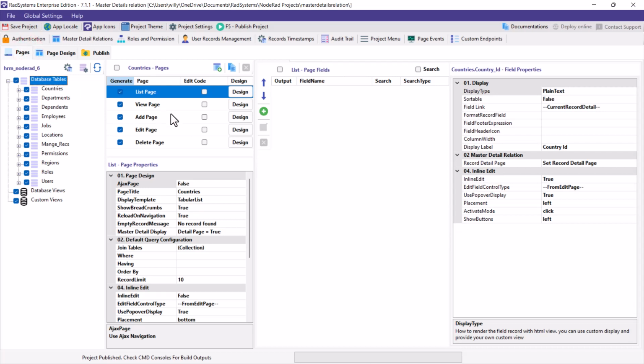Menus we don't need, so it would be easier for you to understand the pages we would be working with.